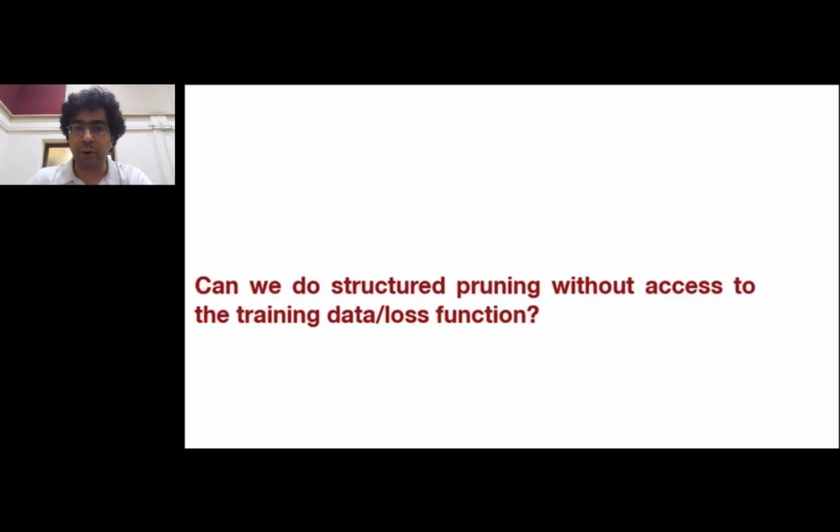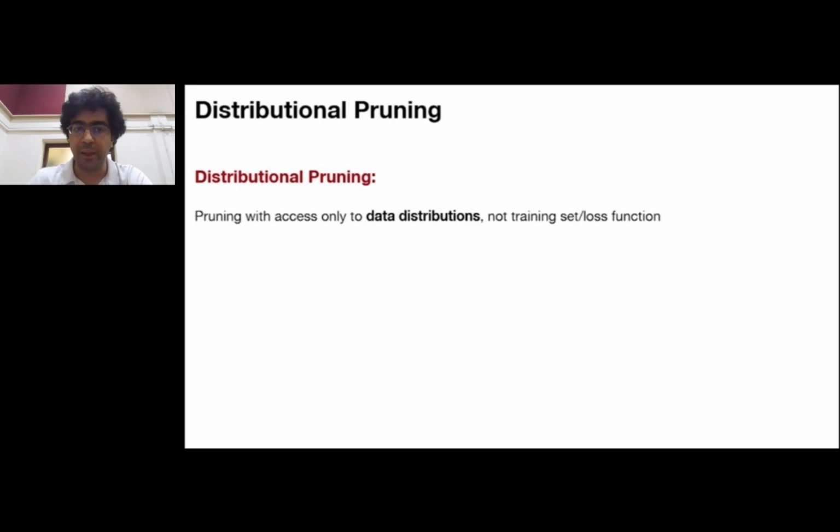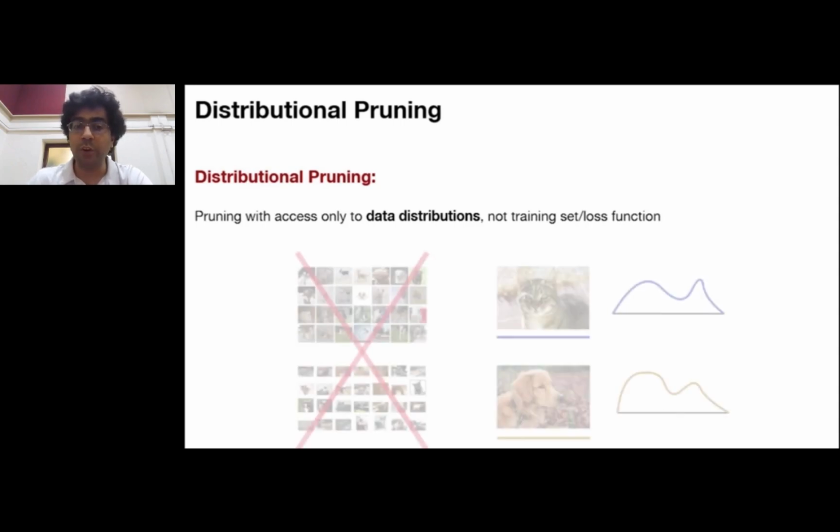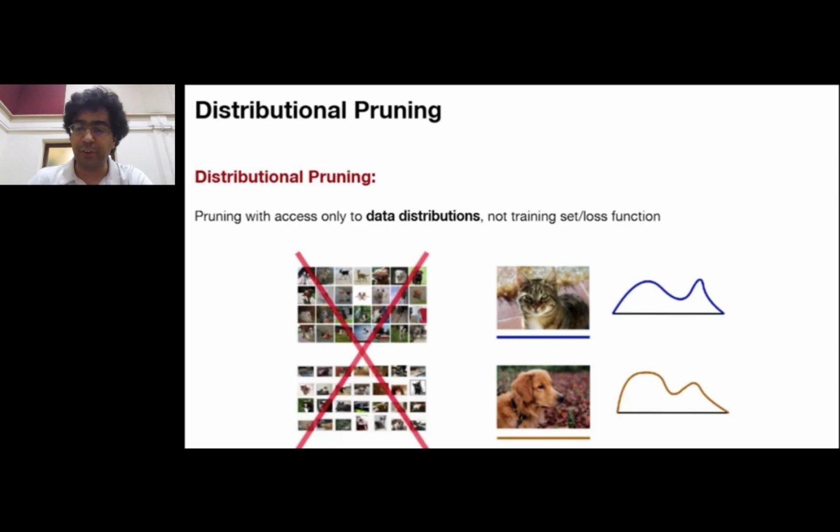This leads us to the focus of our investigation, which is the question: can we do structured pruning without access to the training data or loss function? Turns out we can. And our solution is called distributional pruning, which is pruning with access only to data distributions and not the training set or loss functions. And distributional access can come in many forms, including going out and collecting new samples independently or obtaining the moments